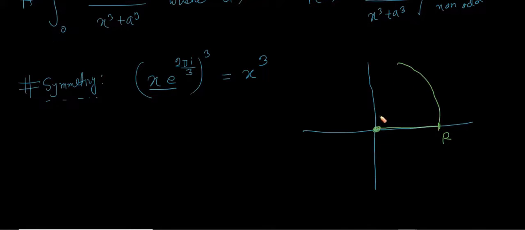However, since this symmetry comes at an angle 2 pi by 3, we are going to enclose the contour like this, where this angle over here is just 2 pi by 3,